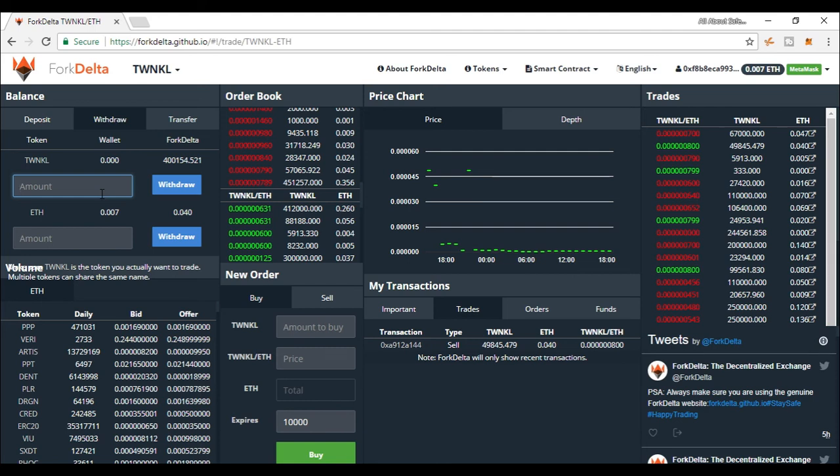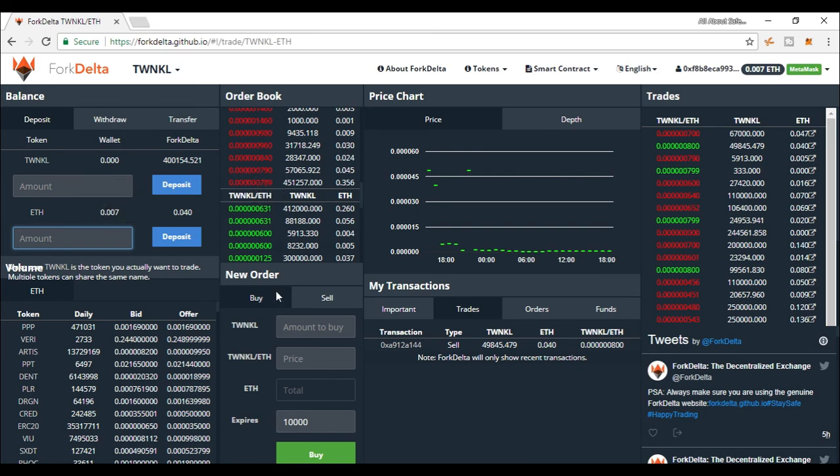Finally, let us summarize the complete process. We know that the fees are very less. So, keeping that in the back of our mind, let us go through the process. For buyers, if you want to purchase Twinkles, then connect Fork Delta to a wallet which has Ether. Transfer the Ether to Fork Delta, keeping some Ether in the wallet for the fees.